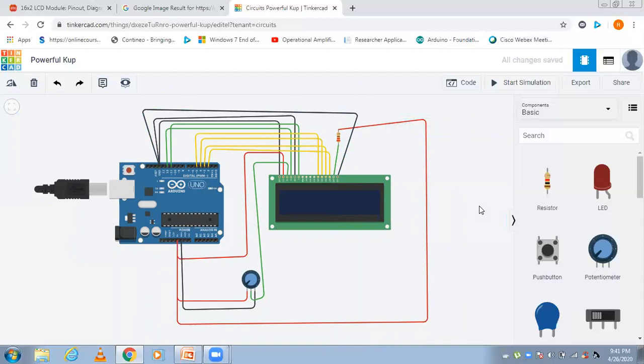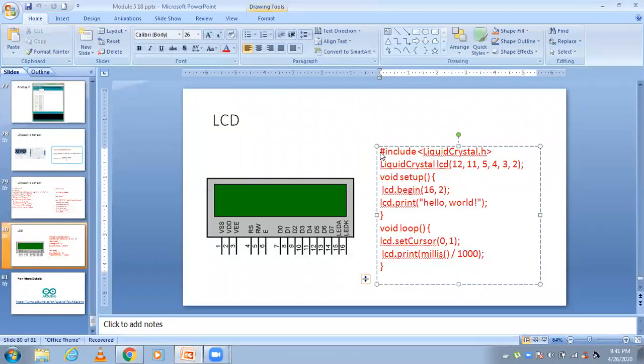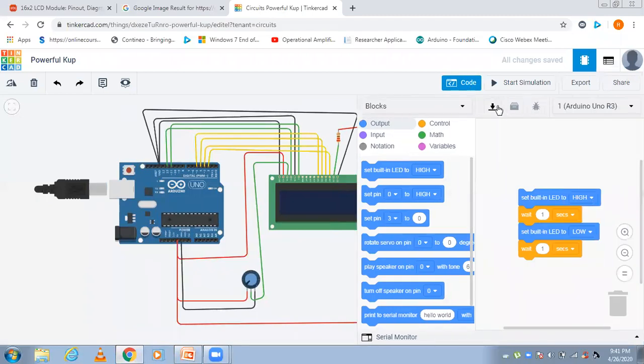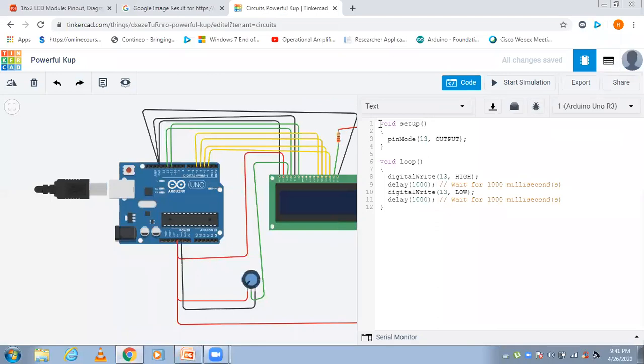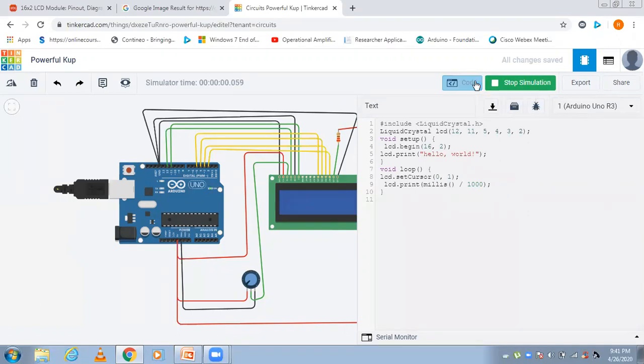Okay. Now we'll copy the code and execute. We'll see the output of the LCD. What is the code? We already discussed this one, right? Okay. I will copy this code. So here the code section. Go to this, select the text. Okay, continue. Here remove this one and paste the code we discussed and simulate it. In the code just click this one, it will go.